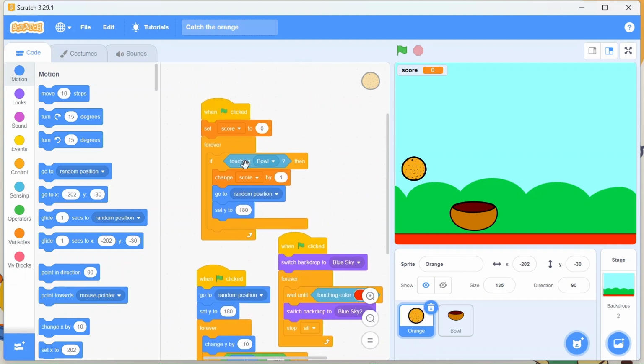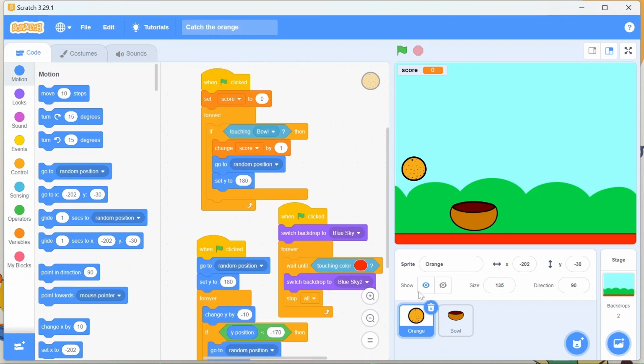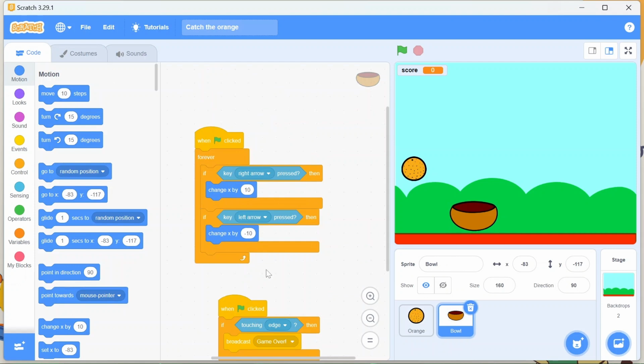We have been done with these orange blocks, right? And then our ball is also done. So position is also set, right? So now let's play this game. Let's start playing it, and I hope it will show this game over now. We have set the backdrop as well. Okay, so let's start this game here.